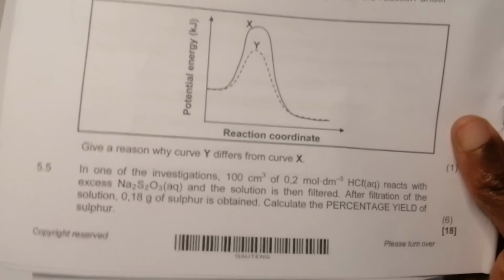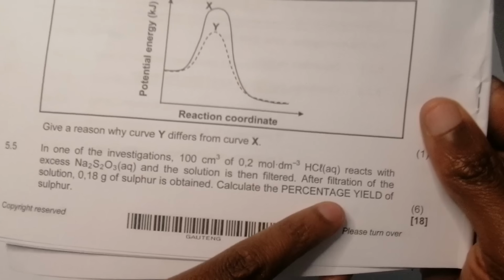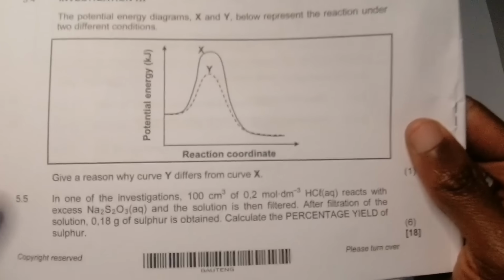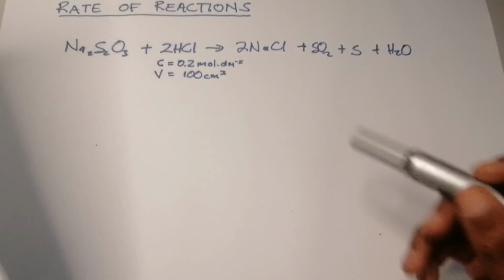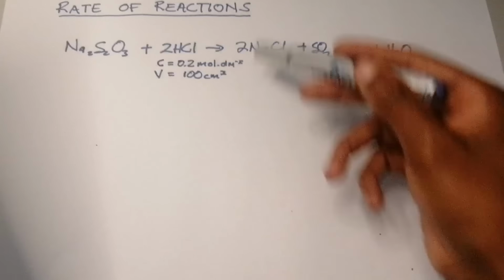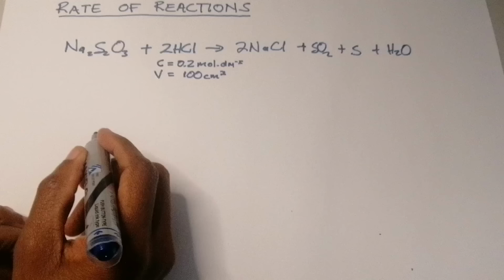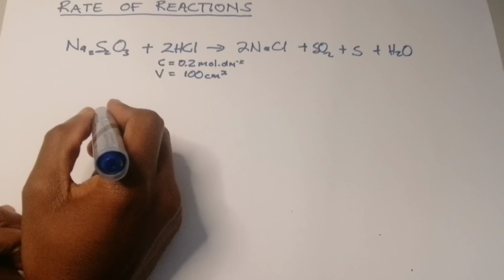However, what we're going to do is we're going to compare, because they want us to get the percentage yield. Let's find out what the theoretical yield is. That is, how much sulfur am I supposed to produce if theoretically I am able to use up all of the hydrochloric acid, right? So now I'm going to simply say, right, so for this one, okay, if you look at it,